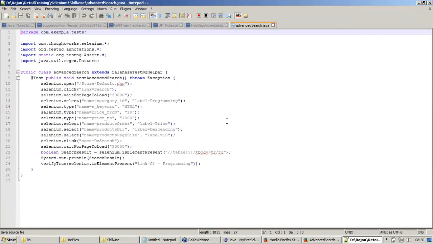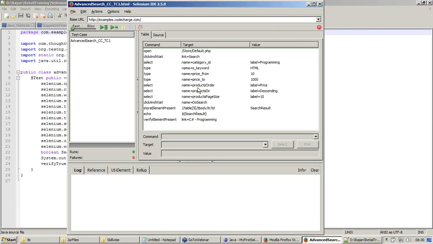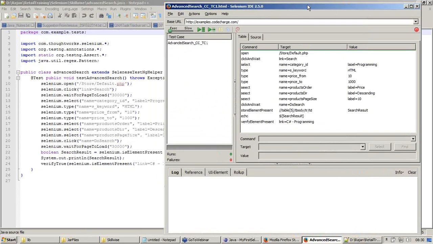Now we chose to export this test case from Selenium IDE, and Selenium IDE has given us the exact code for Java development. It is able to format what we have written as a Selenium script into Java.